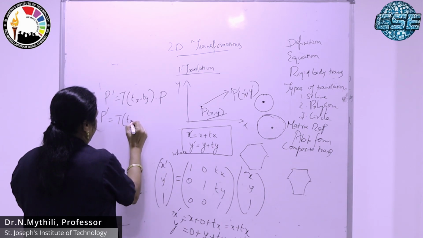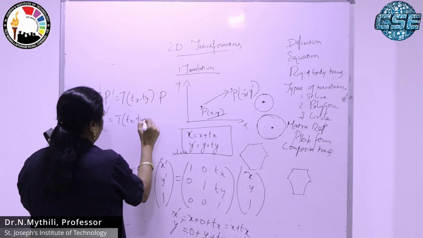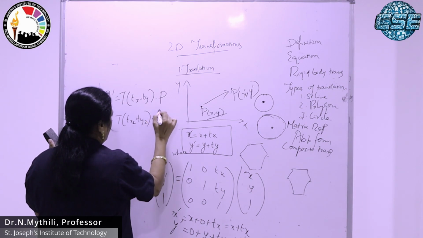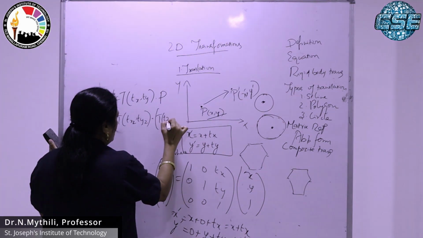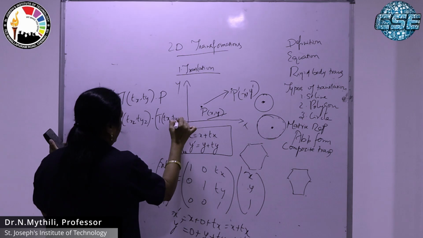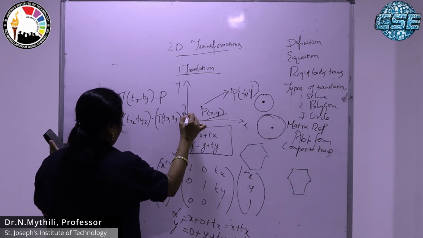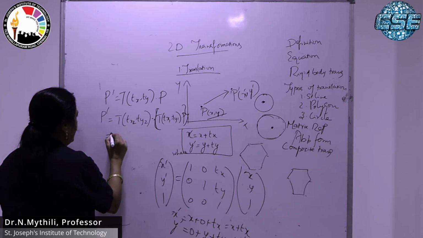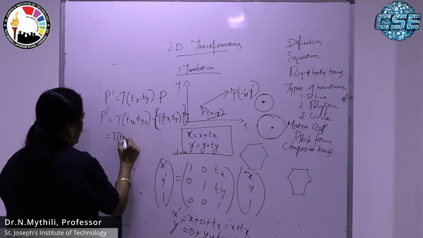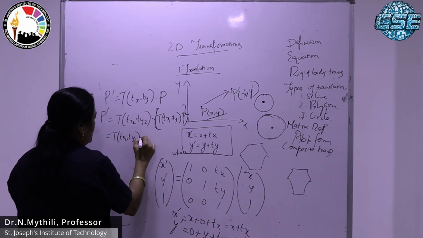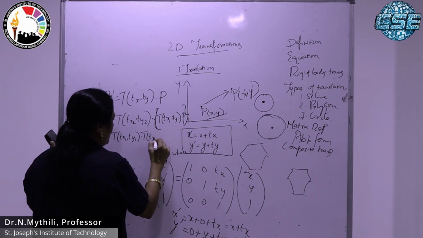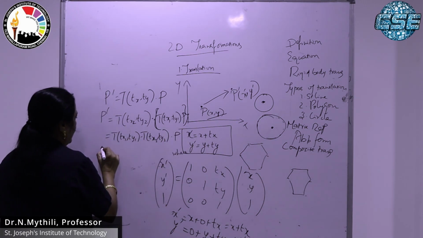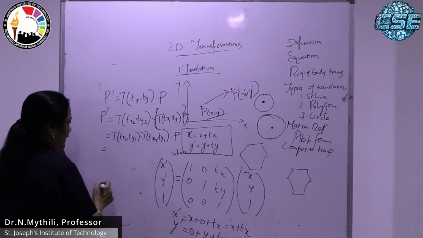So T of Tx1, Ty1, T of Tx2, Ty2 into T of Tx1, Ty1 into P. Okay, so this can be written as T of Tx1 comma Ty1 into T of Tx2 comma Ty2 into P. So this can be written as